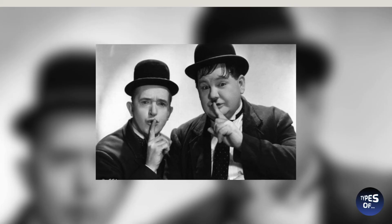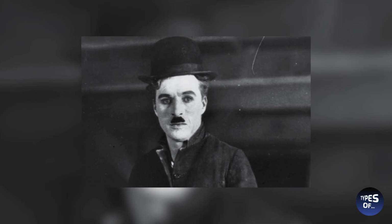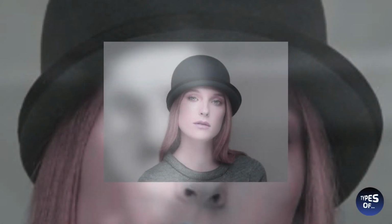This hat was designed in 1894, but it still has many fans. Bowler hat is an ideal option for formal and semi-formal styles. The Irish and Americans started using this hat in the second half of the 19th century. Among the artists who used this hat are Laurel and Hardy, Charlie Chaplin,